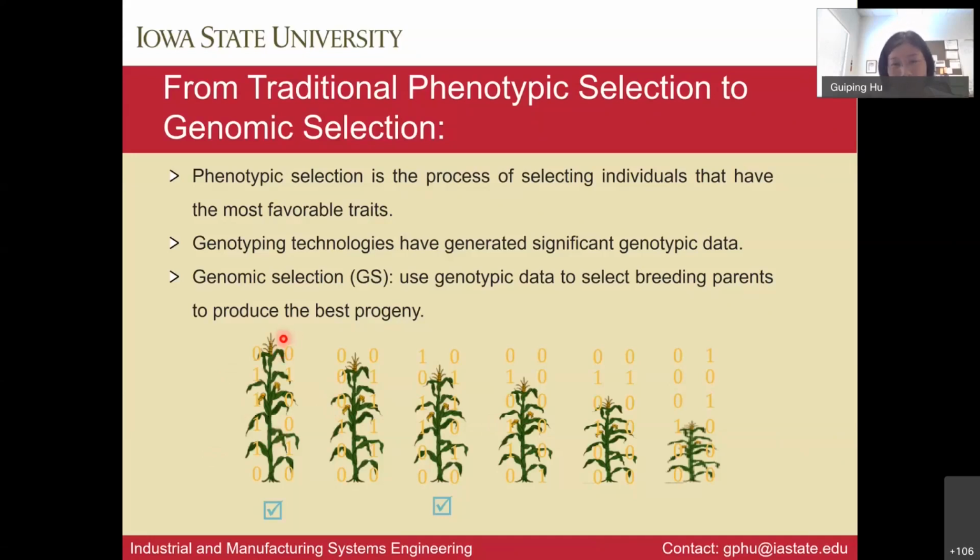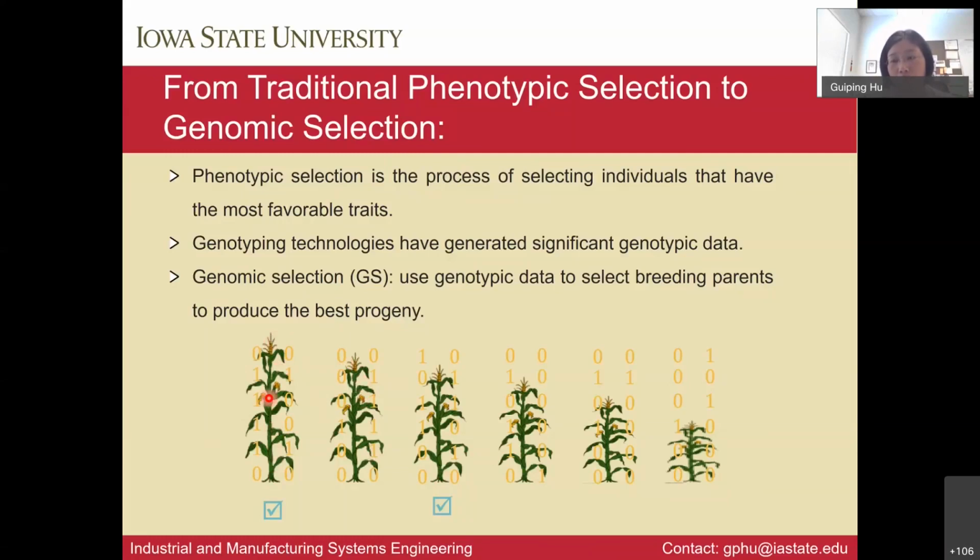I'm using 0-1 to demonstrate the genotypical information. Then you do some predictive analysis, like some of the talks mentioned earlier in the morning. Based on your prediction, you select the individuals to be advanced to the next generation. The typical genomic selection is what's called truncation selection. Supposedly, given the 0-1 information, I predict this plant is this tall and this one is that tall. They typically do truncation selection, so if I'm selecting two, you'll probably select the first two.